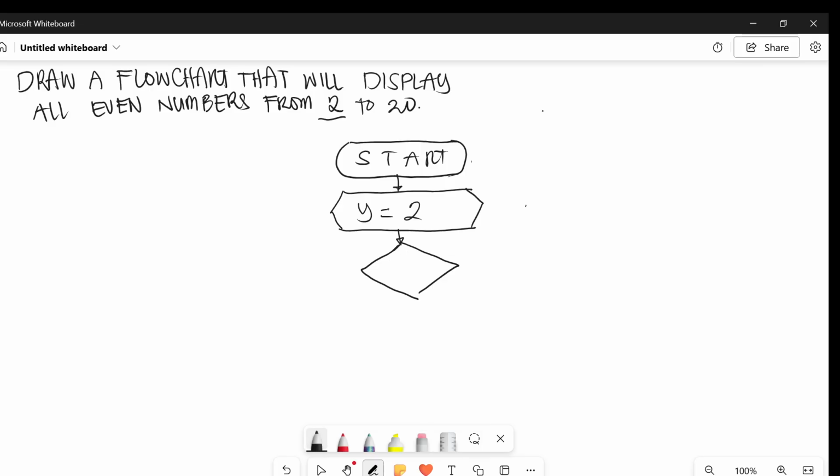Okay. We test if the value of y is less than or equal to 20. So if the condition is true, then what do we do? We say print the value of y. Now take note here that we don't have double quotes on y, because what we want to be displayed is the value that is